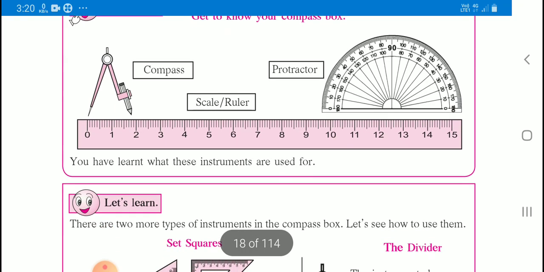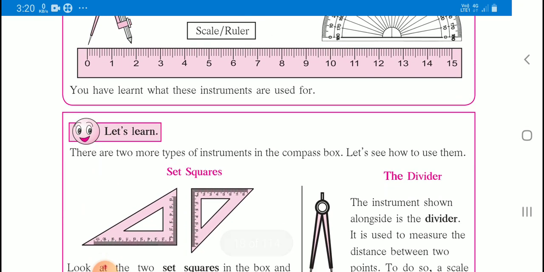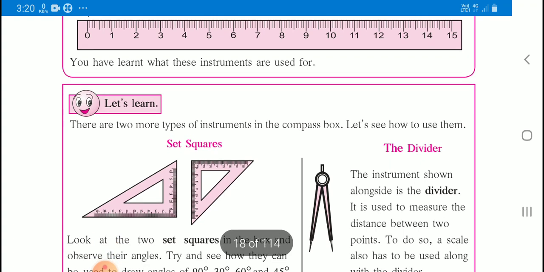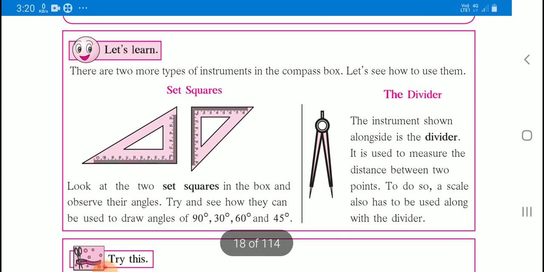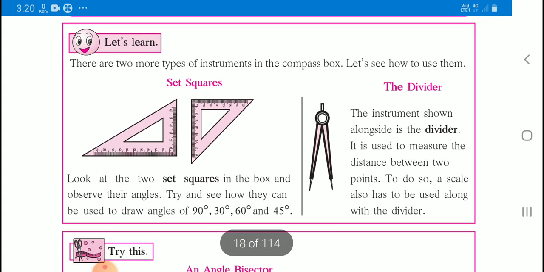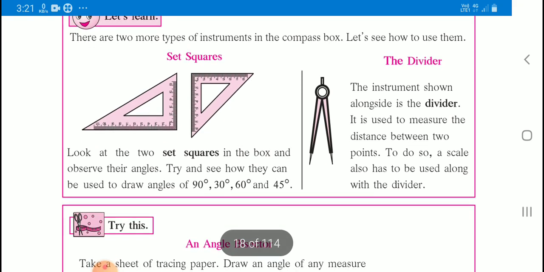Now this year let us learn the another instrument from your compass box. There are two more types of instruments in the compass box. Let us see how to use them. First they showed here there are two types of set squares and the divider is there. Now these set squares,